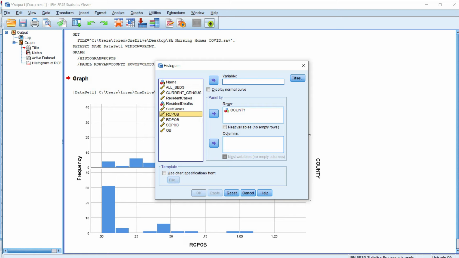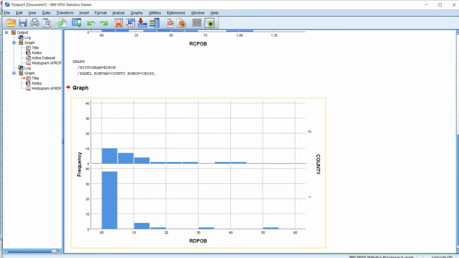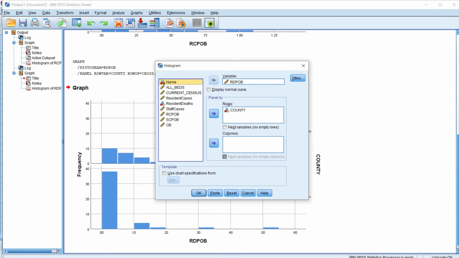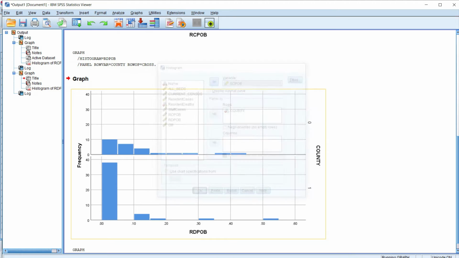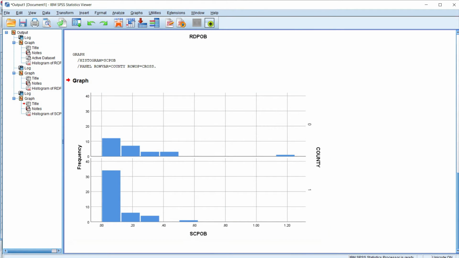Step back here and do resident deaths per occupied bed. Again, same types of distributions, not particularly normal. Skewed right, really. And now staff cases per occupied bed. Same result. And finally,